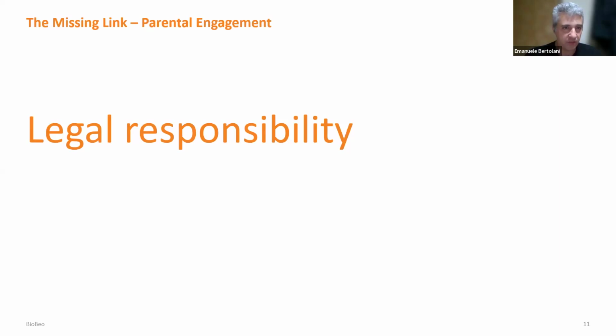You know, sometimes we hear things like, well, they're too young, they can't decide for themselves. Yes, they can. And in fact, research demonstrates that the greater the level of autonomy, involvement and engagement on the side of the children, the greater the learning outcome is. So the next slide, please.